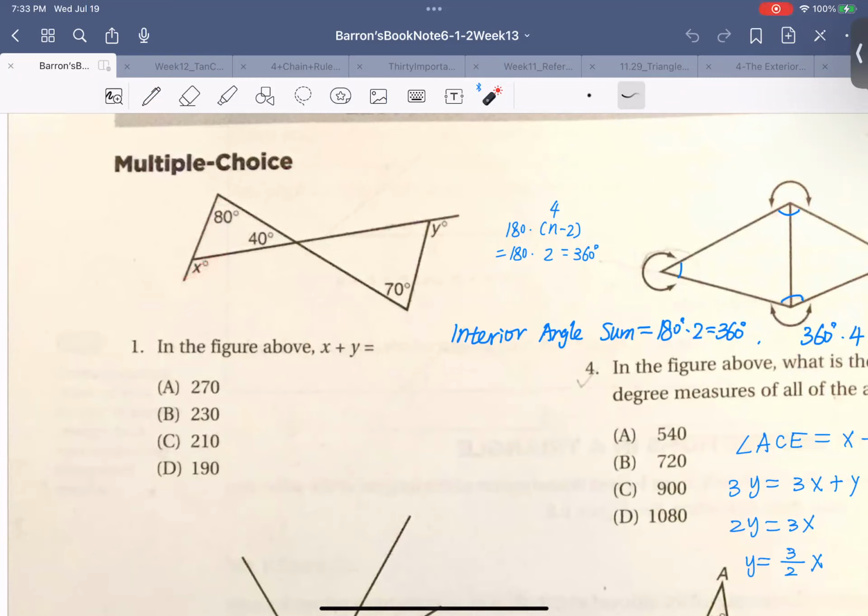X will be how much? See, this is the exterior angle of these two, right? Yeah. So X is 120. X is 120 degrees. And then how much will be Y? You can push this to be 40. So Y is